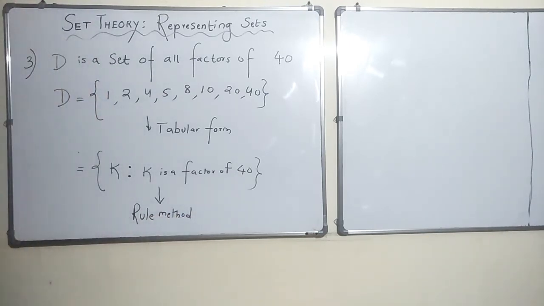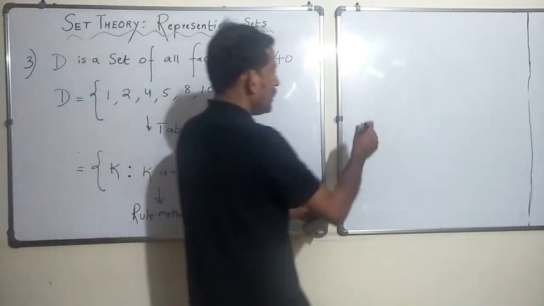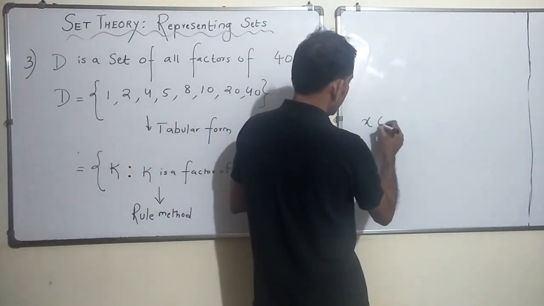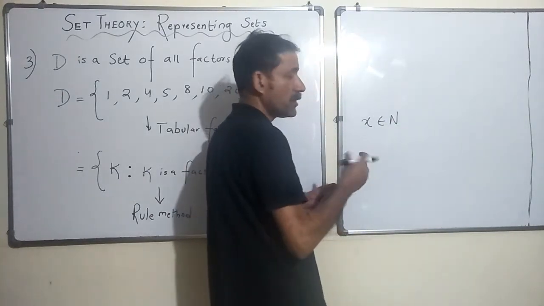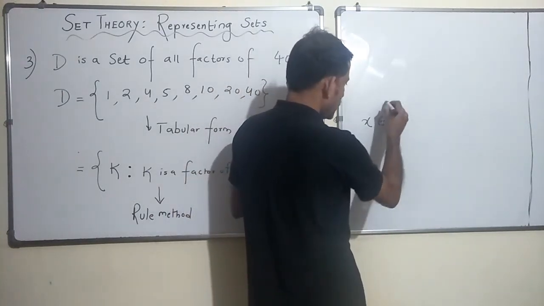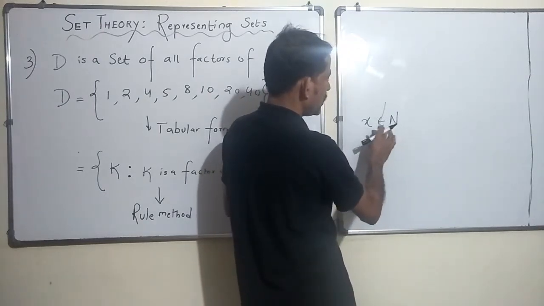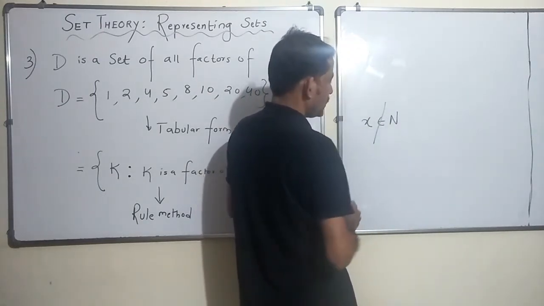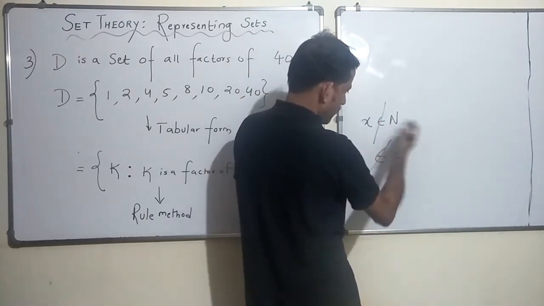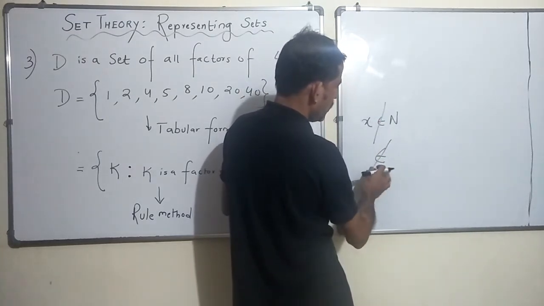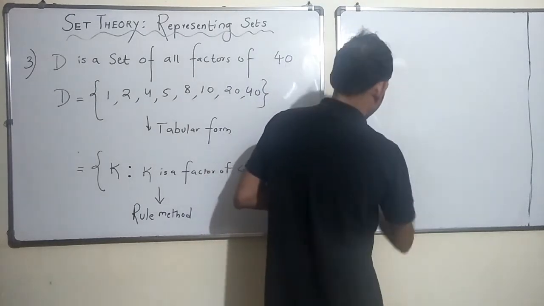All right. So in some cases you may see that x belongs to the set of natural numbers. How would you denote if it does not belong? This means does not belong. x does not belong to the set of natural numbers. Okay, so this is how you denote does not belong. All right, let's do.